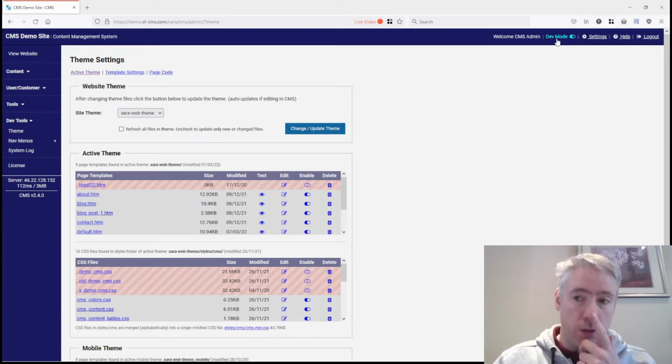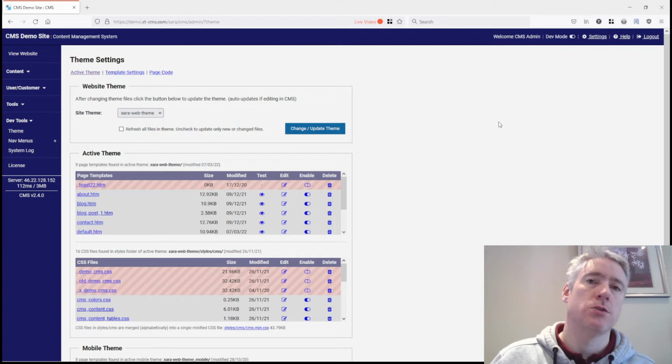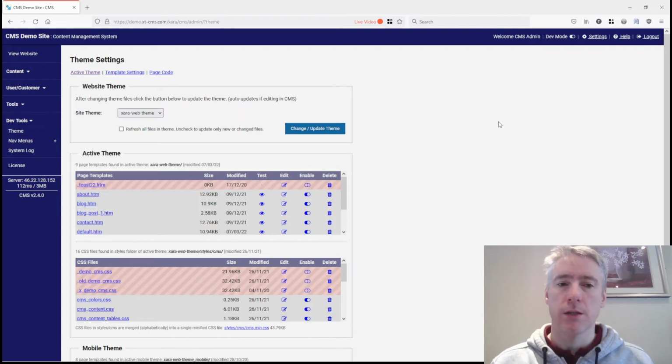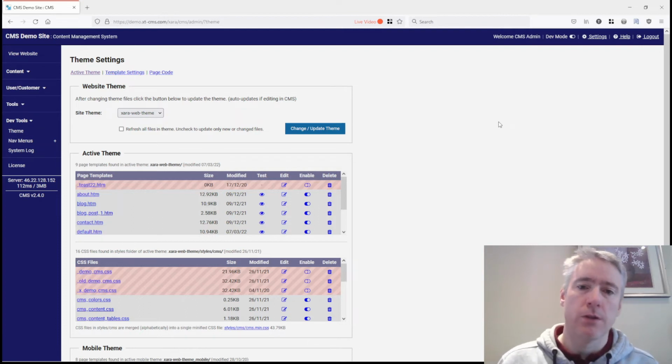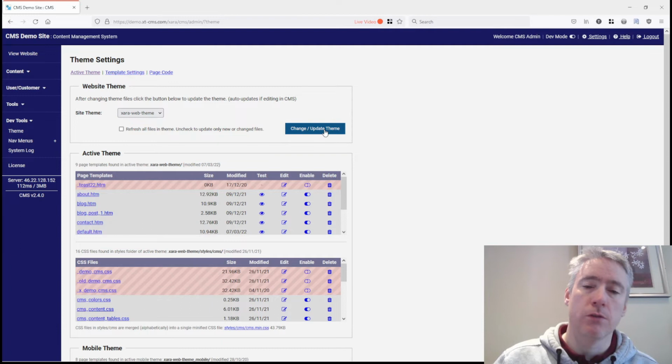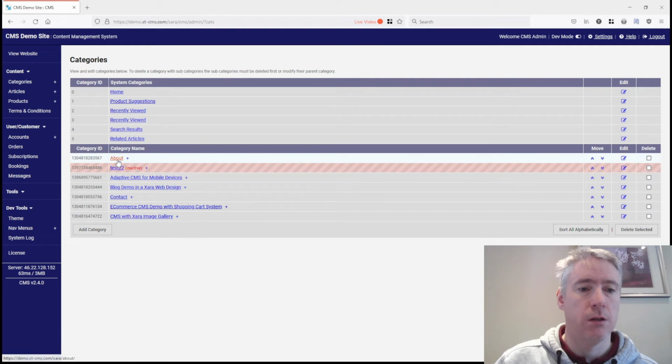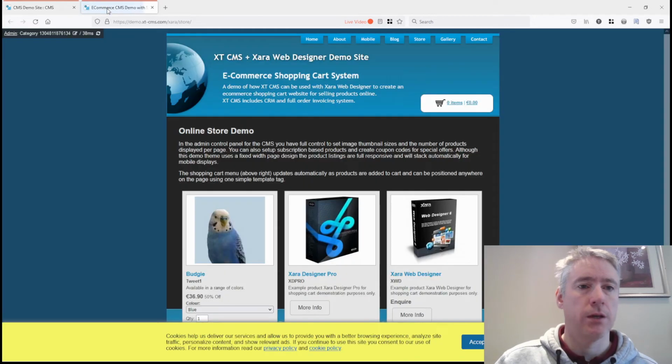But now it's changed slightly. It doesn't do that automatically, because in some cases you might have a theme with a lot of files and assets, and the page loads were getting a bit too long as it was processing it each time. So now you can still update it here. If you upload changes, you can click this button to refresh the theme. But also if you have dev mode enabled and you're viewing on the front end, let's say I click on categories and I click on this e-commerce page.